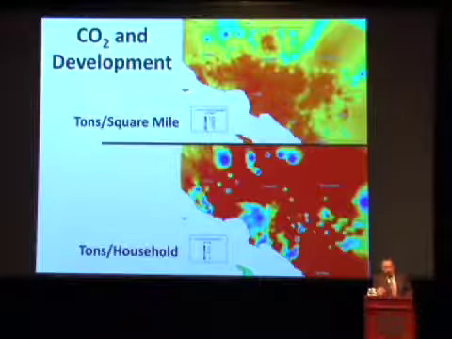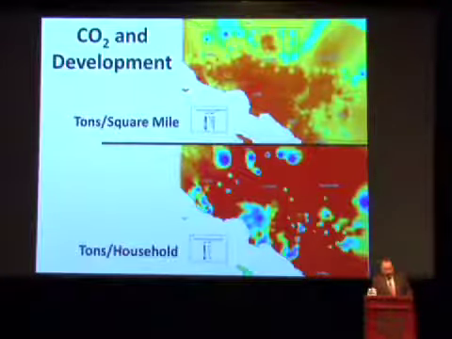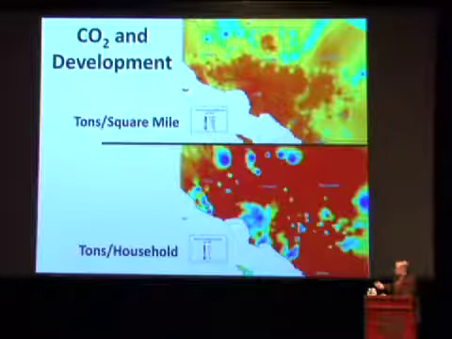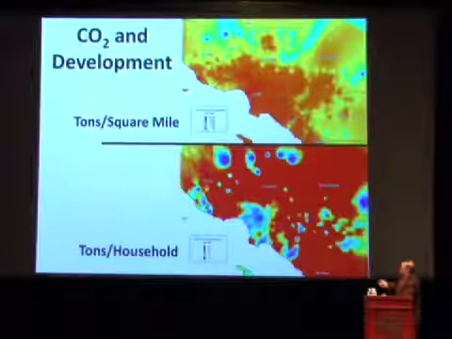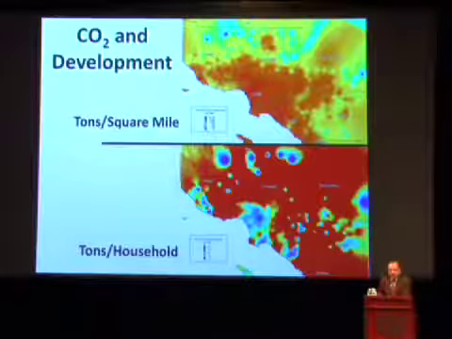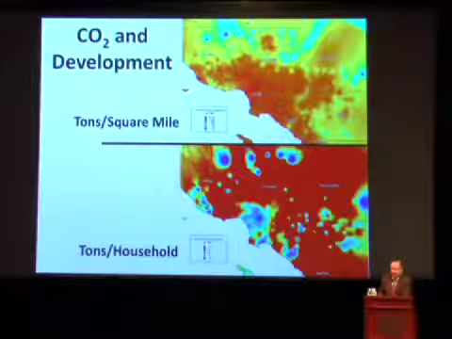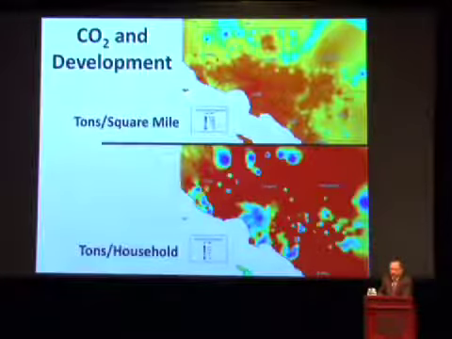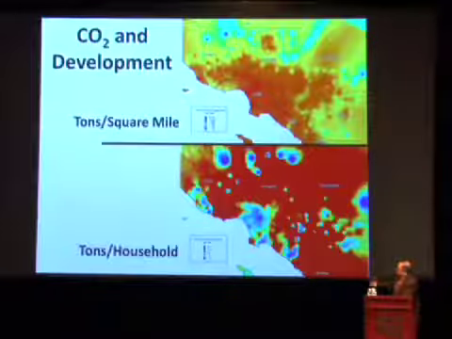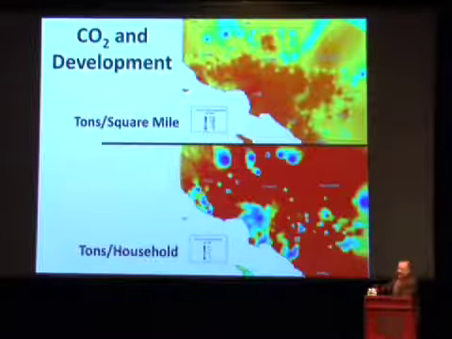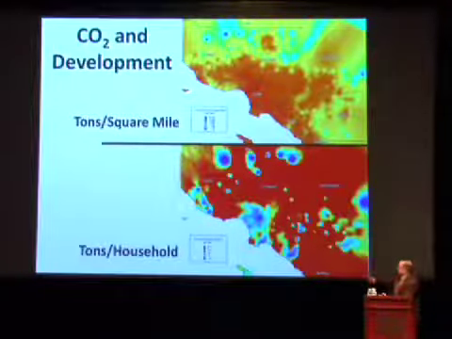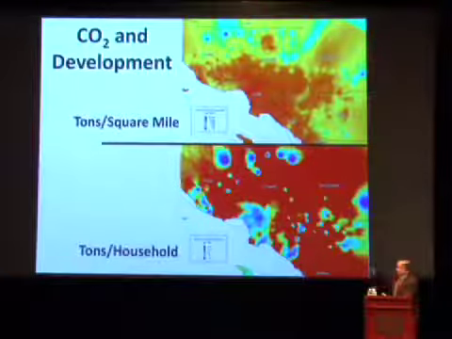So just to follow up on the sprawl issue a little bit, we talk about carbon impact and density, and this is a really great representation of the Los Angeles area. And what you see here is that in the denser areas of Los Angeles, the amount of greenhouse gas emission is very high in the cities. And if that's the only thing you look at, you think that we have a problem because there's so much carbon coming out of LA. But if you look at the bottom, this is tons of carbon per household, and what you see is that the main impact is from the sprawl, not from the density. This is a much bigger problem than if we have good density.